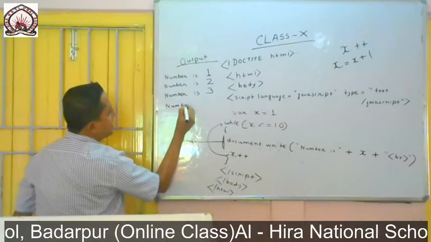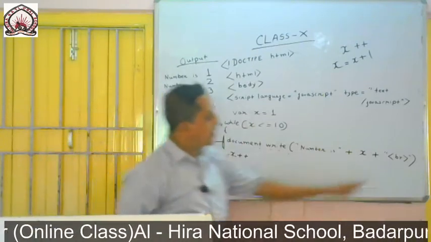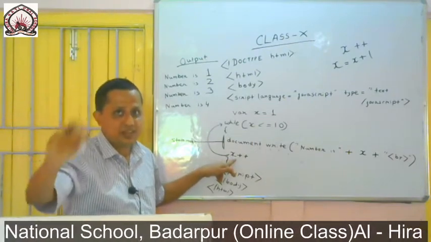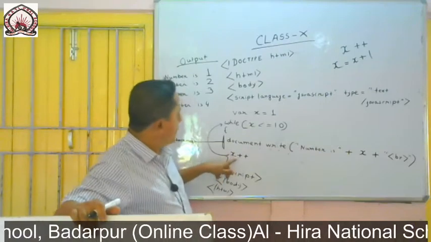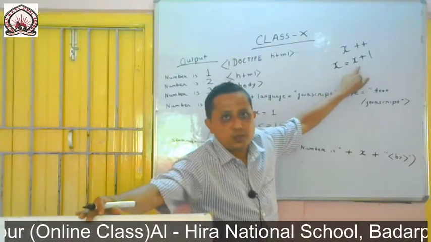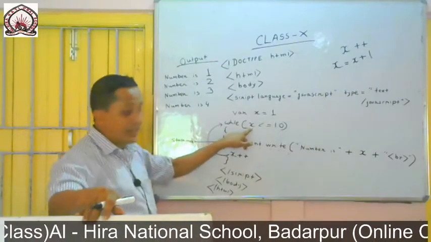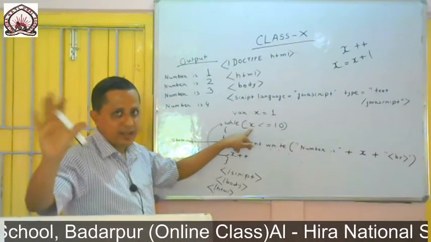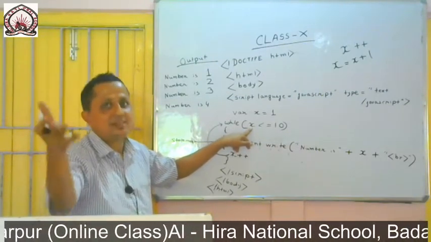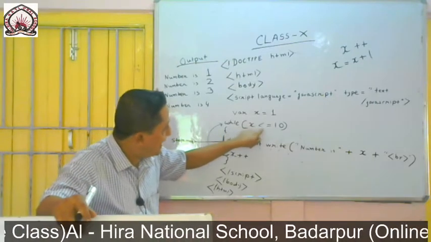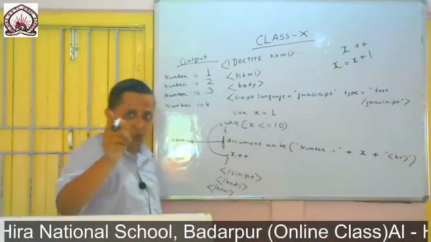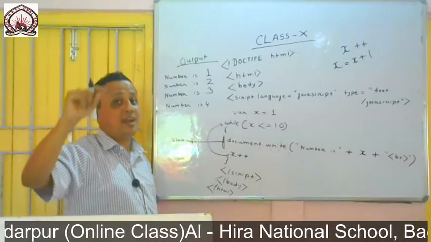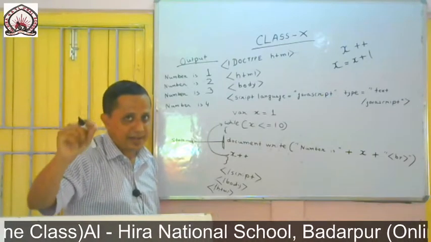Number is 4. Then we got the break line, so it will come to a new line. Then again come here. What was the last value of x? It was 4. So x++ will make it 4 plus 1, which is 5. Now, is 5 less than or equal to 10? It is true, because 5 is less than 10. So it is true. And again I am telling you, the statement will execute repeatedly as long as the